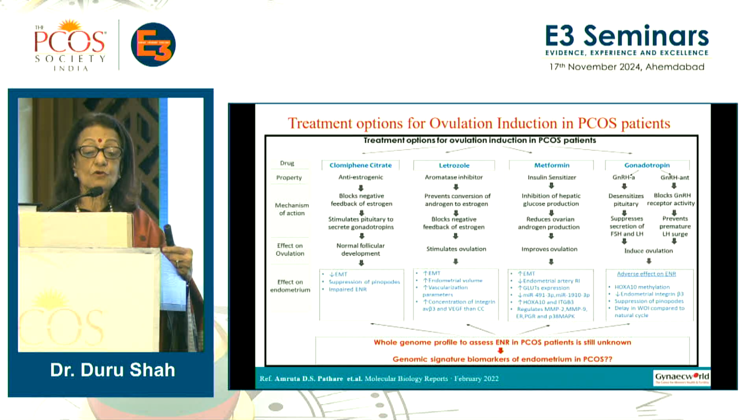So here the treatment options for ovulation induction in PCOS patients is given, and they've looked at what is the effect on the endometrium. If you look at clomiphene citrate, which is being given to a patient, there is a reduced endometrial thickness. We all know that the endometrium doesn't grow well. There's a suppression of pinopods at the molecular level, and endometrial receptivity is impaired. Coming to letrozole, it increases the endometrial thickness, the volume, the vascularization, and the concentration of integrin, and these are the factors which help with